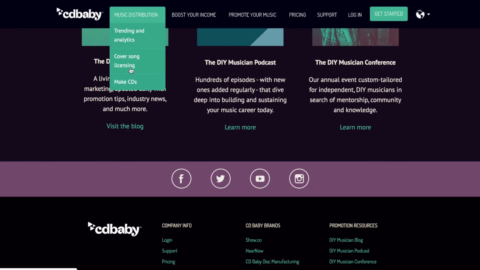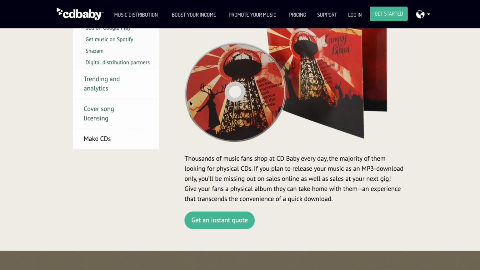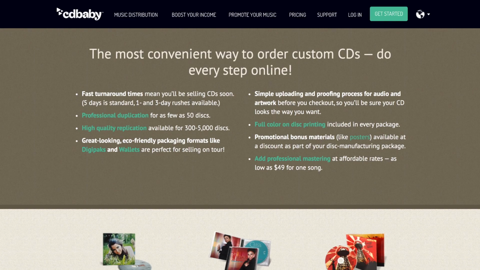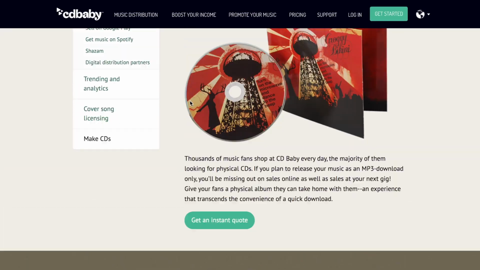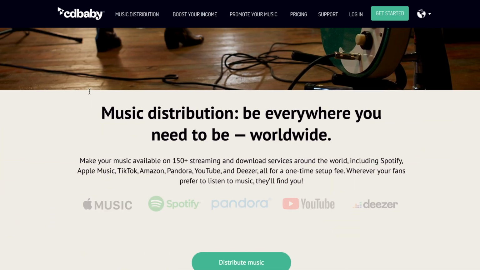If you're an artist that likes to print CDs or vinyl, for example, they have the connections and the fulfillment network of printing CDs and vinyl for you. So this is a great feature if you are printing CDs and printing vinyl. If we're comparing it to DistroKid, there's no such thing of CD or vinyl fulfillment warehousing. You have to go and figure that out yourself. So noticeably a lot more features with CD Baby